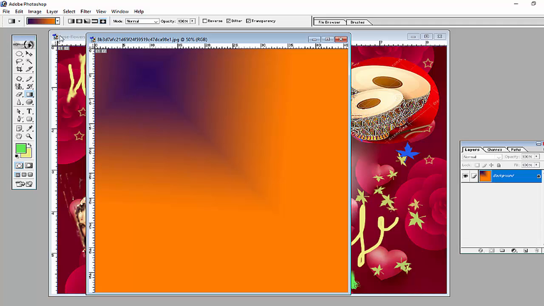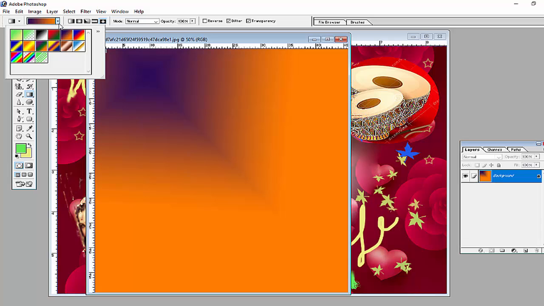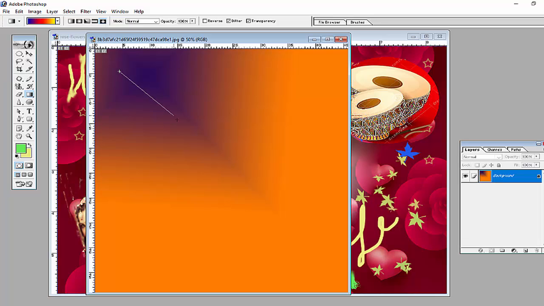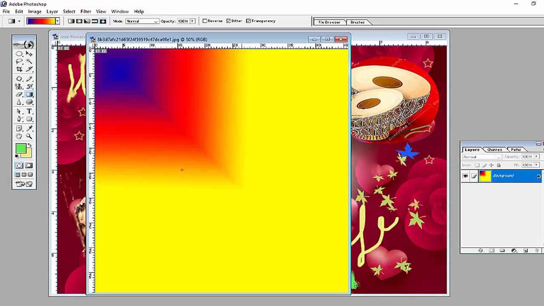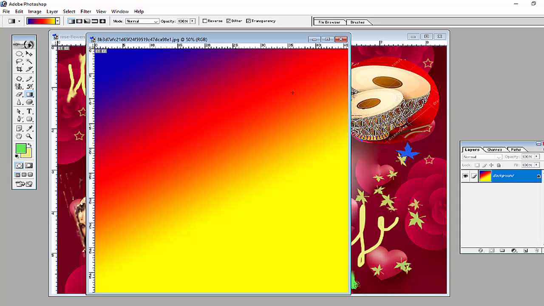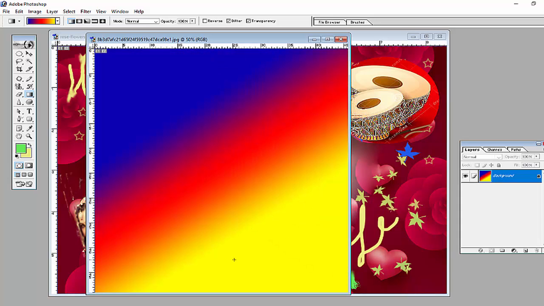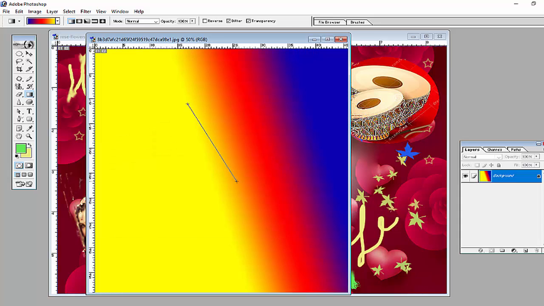If you want to change the gradient color, there are gradient options available when you use this gradient tool, and you can select any gradient from here which you want to insert in your image. Select that color and drag the mouse left button like this, and that gradient color will be filled in this file. And if you want to change the style of gradient, like linear gradient, you can use this and then drag the mouse left button to fill the gradient color in any way like this.